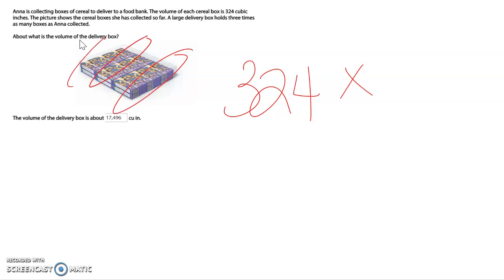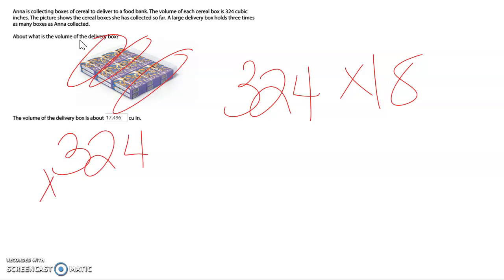We have 3 rows of 6, so 6 times 3 is 18. Then what you're going to have to do, 5th grade, is 324 times 18. And 324 times 18, I'm just going to do it quickly here for the sake of time. 324 times 18 is